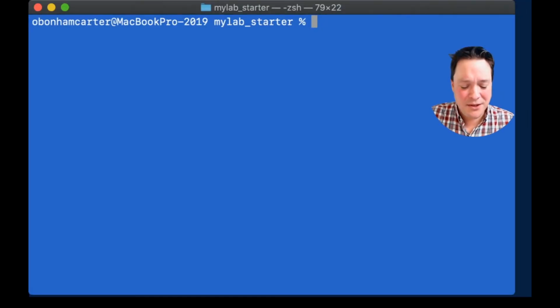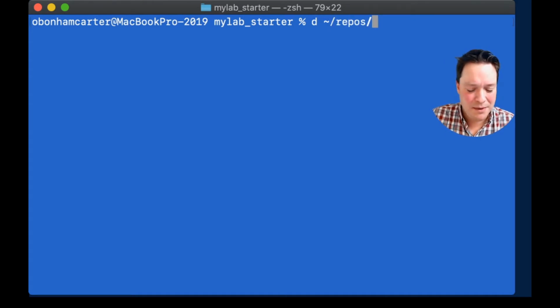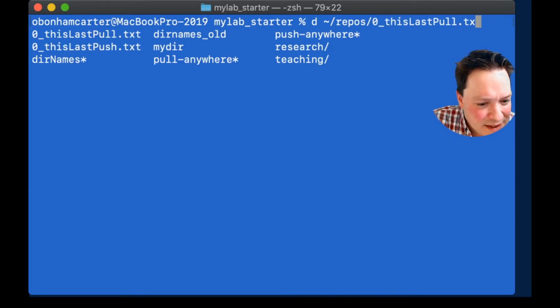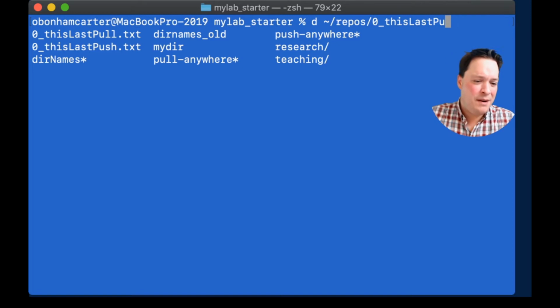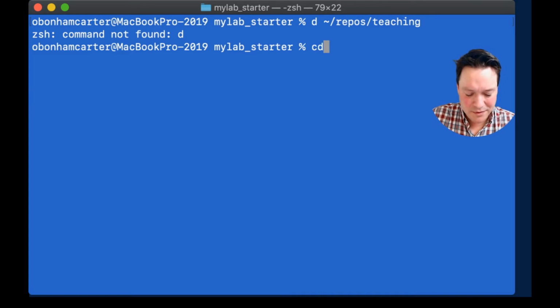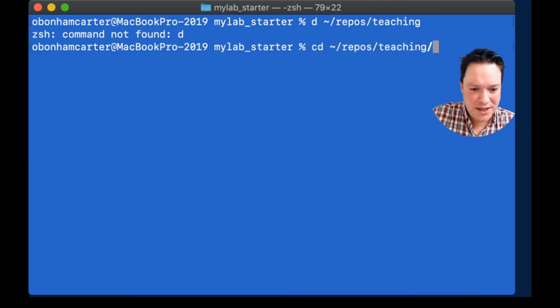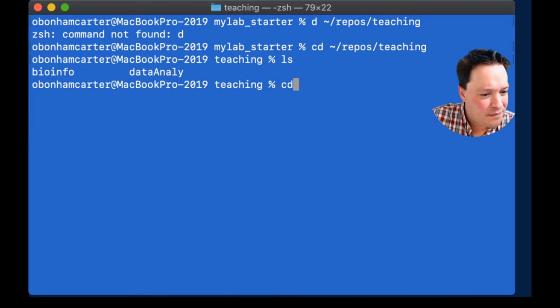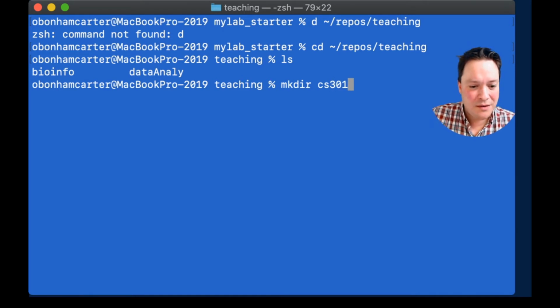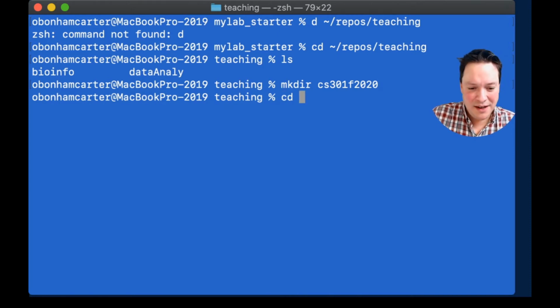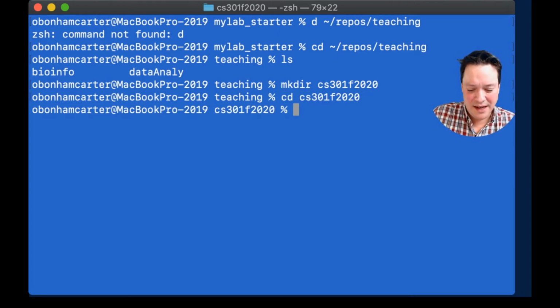Okay, so this is my terminal, and I keep all my files in something called repo, and then in there I have the year, I guess, and after that, teaching. You might want to have a kind of structure in your directory here, and we'll get to some of the stuff in a bit. Then I'll make a directory in here. I'll call it CS10 or 301, and then I'll put fall 2020 or something like that. Then I'll go into that directory, and inside there, it's going to be empty.